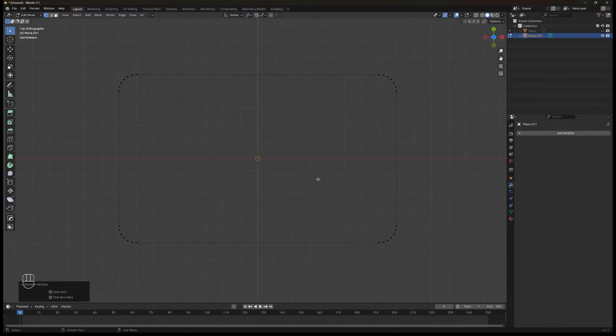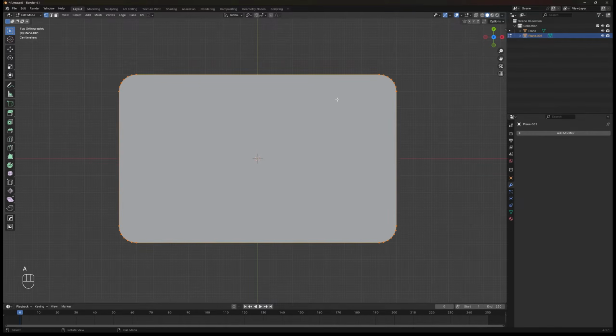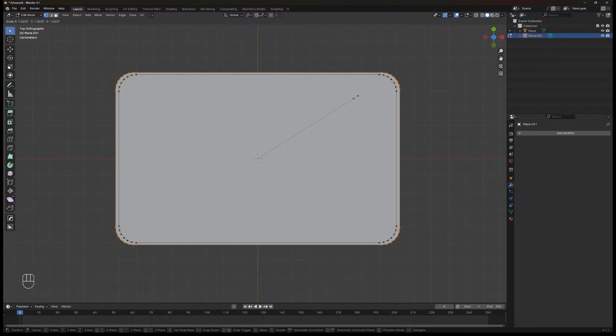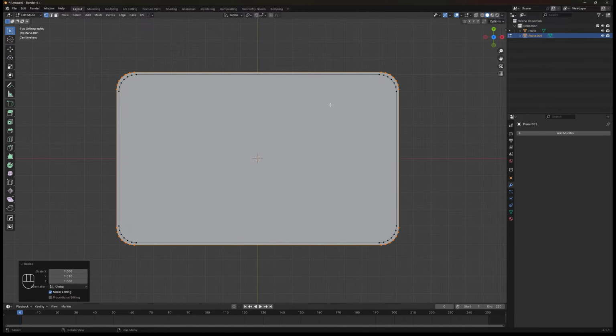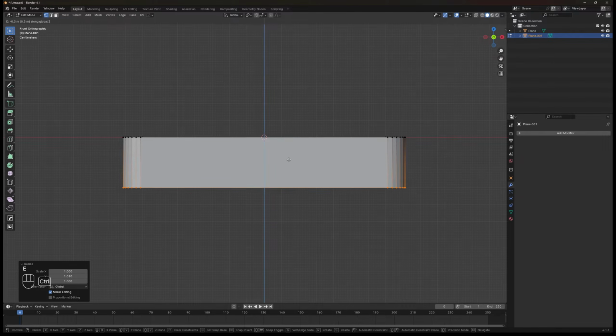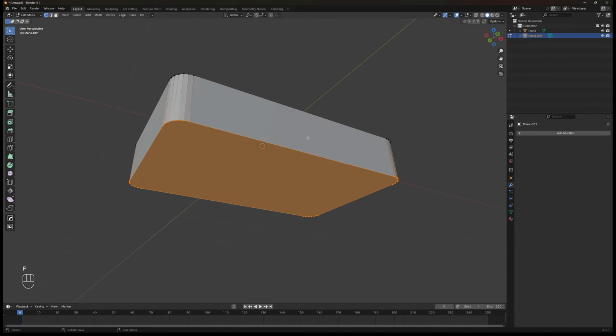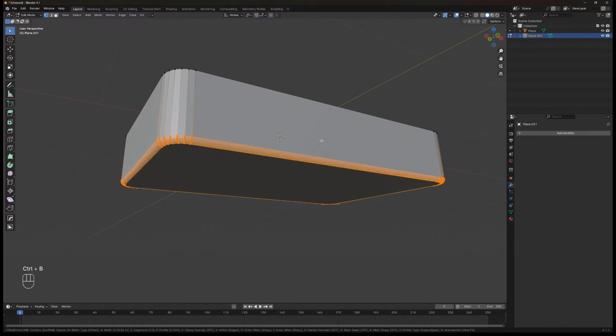Unhide the original plane and press A to select all the vertices from the duplicated plane. Hit E, then immediately hit S. Scale the vertices out a little slowly by holding Shift and scale it on the Y-axis too to match the square. Move to the front view and extrude the vertices down. Press F to fill it with a face and bevel it with a small 3 segments.